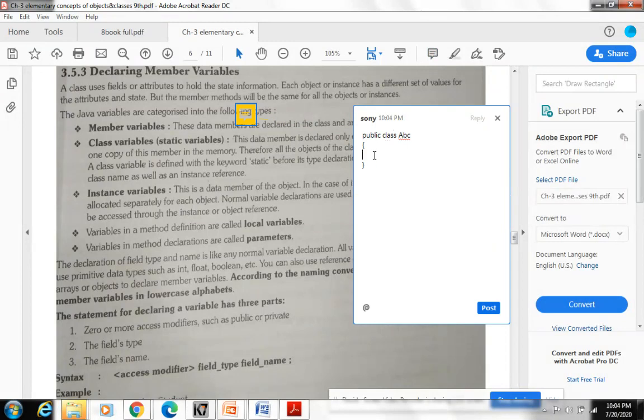Inside the curly bracket of the class, I am writing int a, b; semicolon. I have declared two int type variables. Then I am writing float c is equal to 9.8. Next, I'm writing public void add.